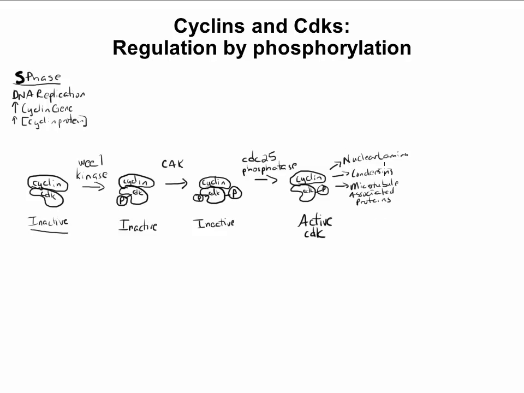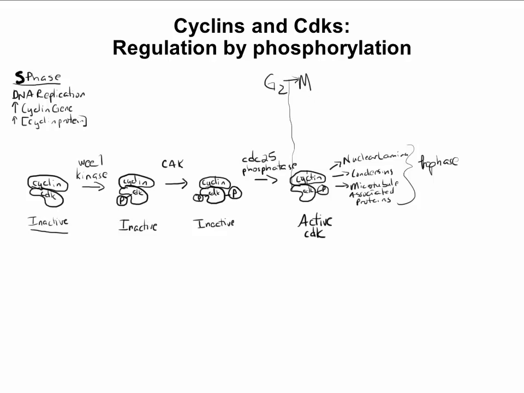So when do all of these events occur? Well, this is occurring at that initial phase of mitosis that we call prophase, right? These events, when they happen, we call prophase. And so this activation of our cyclin CDK complex is happening at that G2 to M transition. When CDC25 phosphatase removes that phosphate group, this enzyme actually takes the cell into mitosis.